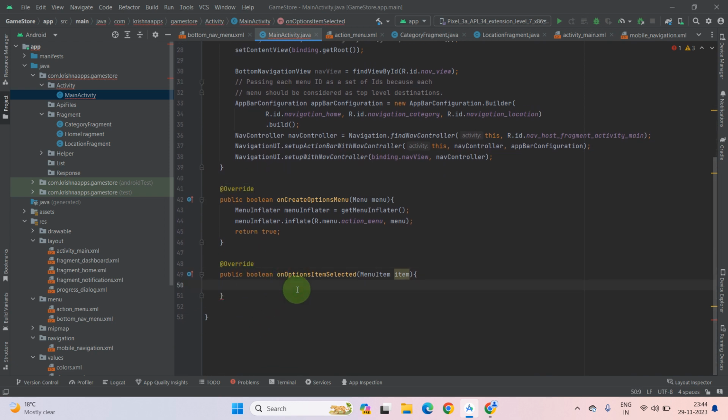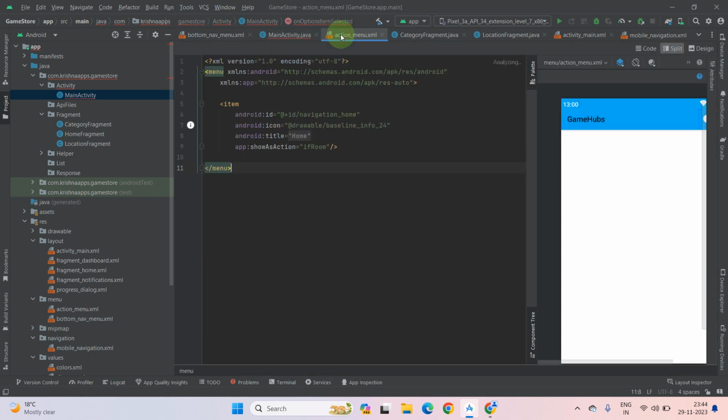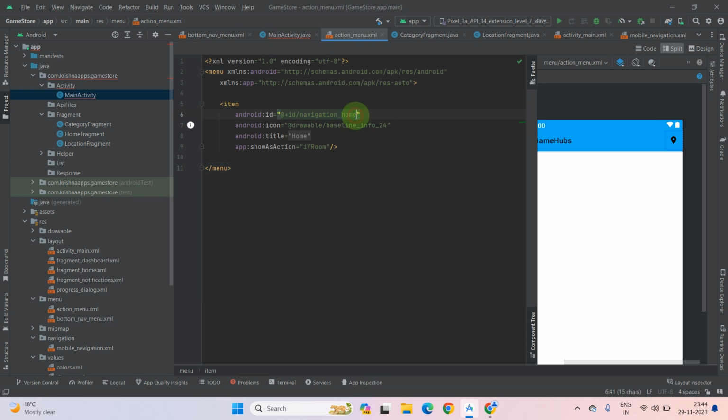Now you have to find out the ID of this action menu, because without the IDs we cannot make an action. We can, but it is a very lengthy process. With the help of the ID it is much easier. So how can you do that? You have to find out the ID from this menu item. Okay, in the action menu file, as you can see,